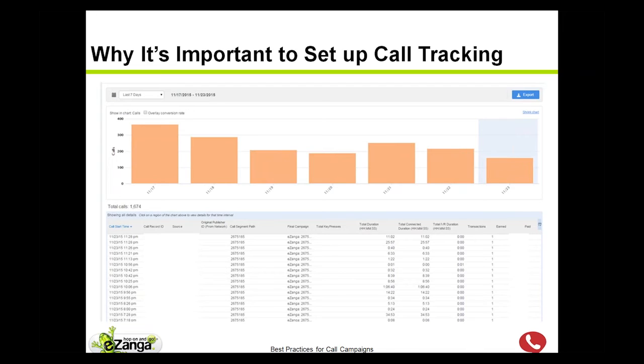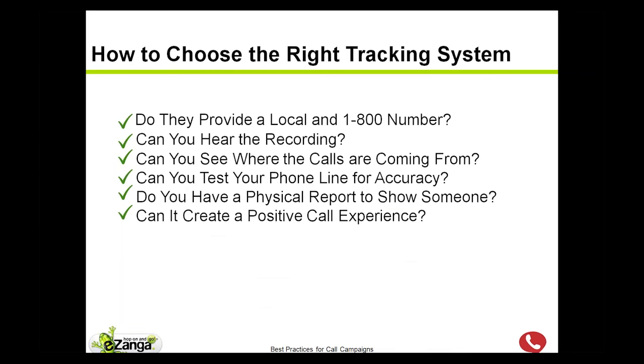So again, I said I wasn't going to get into too much of the different types of companies, but at least when you're vetting a company, here are a couple of things you might want to check off your checklist. You want to make sure that you can get call information. It sounds simple, but you want to be able to see a caller ID, the duration of the call, and where the call is coming from, so it'll give you the geos.